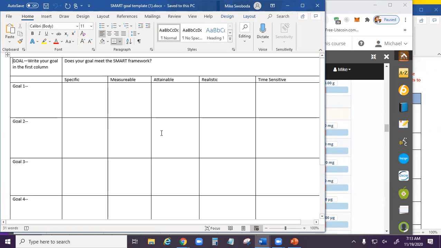I've had students in the past that will just fill in the acronym of SMART and call that all 5 goals. So they said the specific aspect was goal 1, the measurable aspect was goal 2, attainable is goal 3, realistic goal 4, and time sensitive is goal 5. That works for one of them, but you need 5 unique SMART goals, okay? And again, remember, specific, measurable, attainable, realistic, and time sensitive. Specific and measurable, you need to attach something that has a quantifiable value.